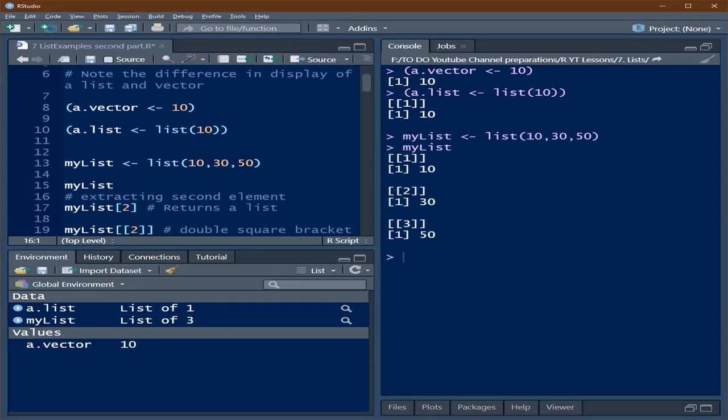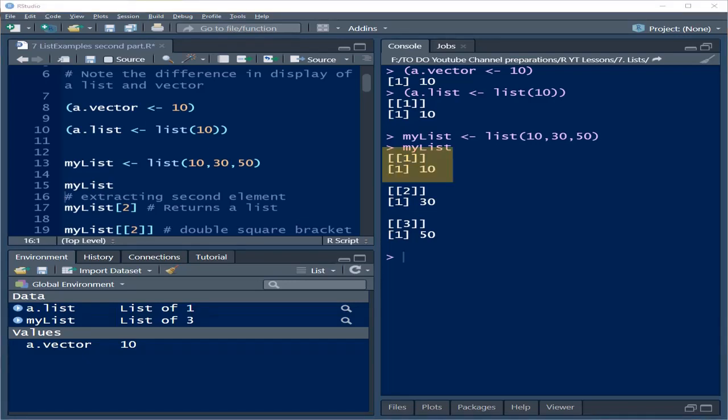You have seen R stores each element in the list again in the form of list. That is why we see three lists as indicated by three elements under the double square brackets. In each list, the contents are then displayed. Number 10, the first element is stored as a vector and shown in the form of a list.